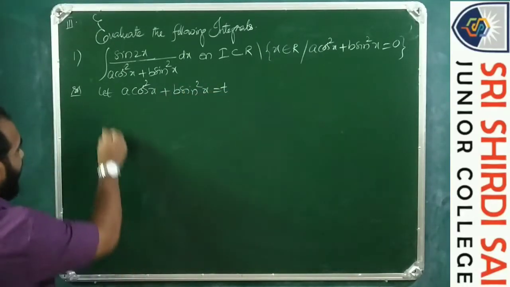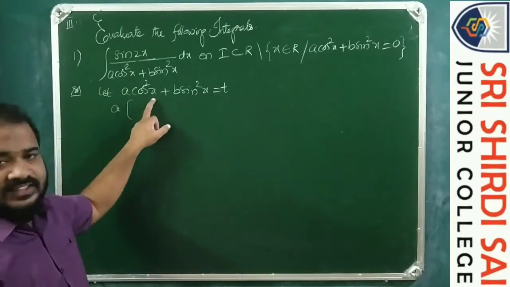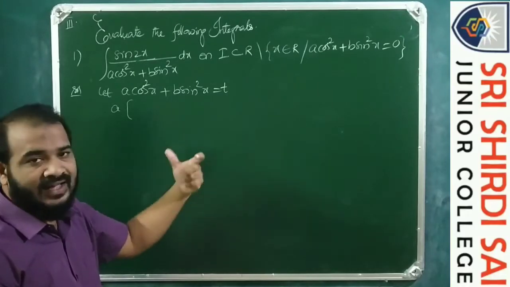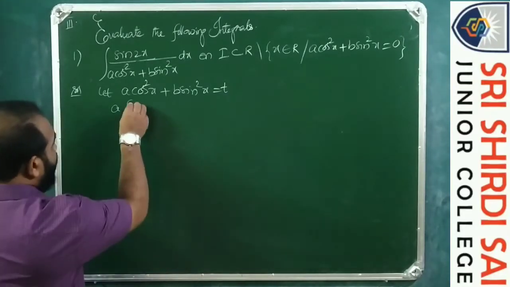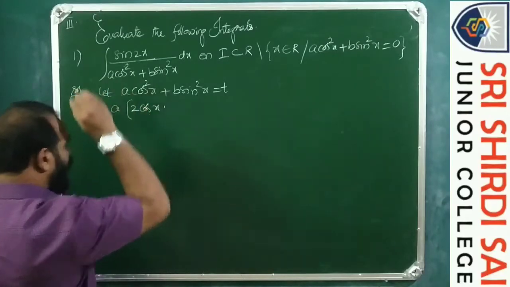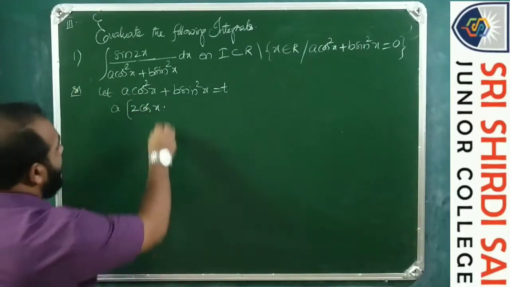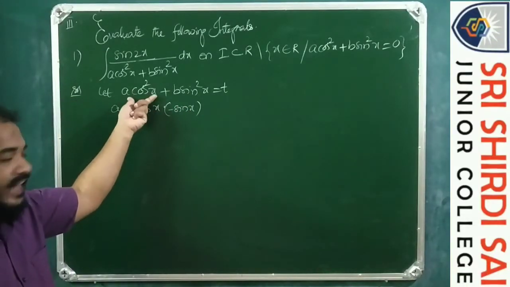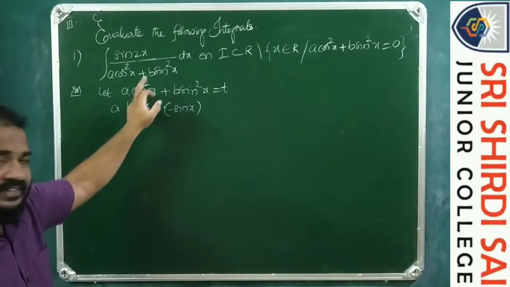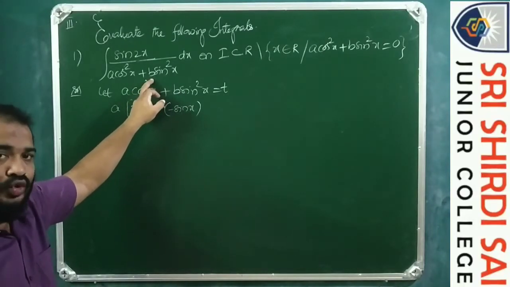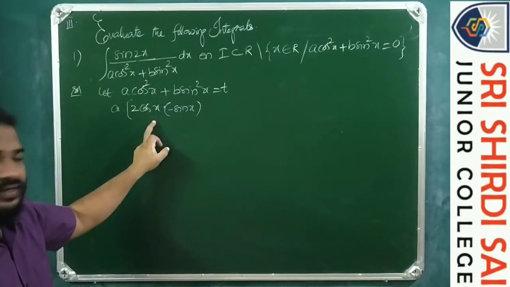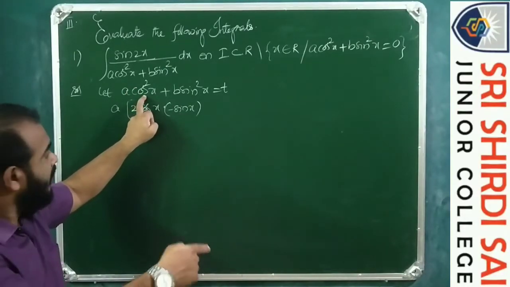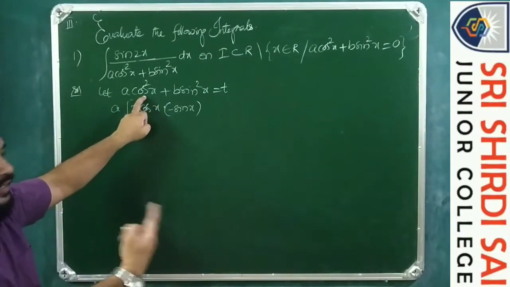Now differentiate. A into cos square x is nothing but cos x whole square. Temporarily cos x you take it as x. X square derivative is 2x. 2x is cos x into d by dx of cos x is minus sin x. Because temporarily cos x is x, so cos square x is x square. X square derivative is 2x, 2 into cos x. Since cos x is treated to be x, cos x derivative is to be done later.